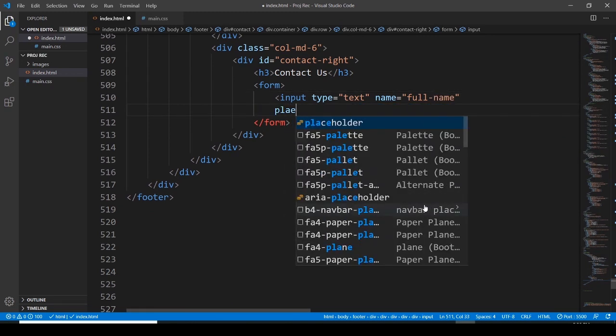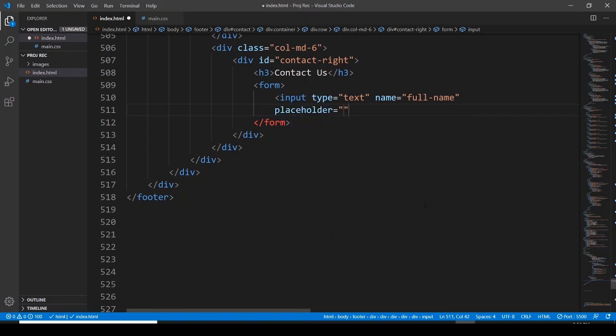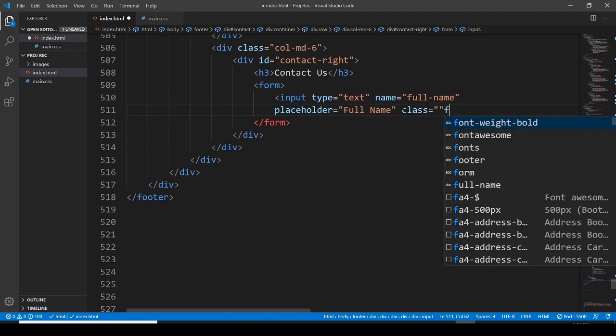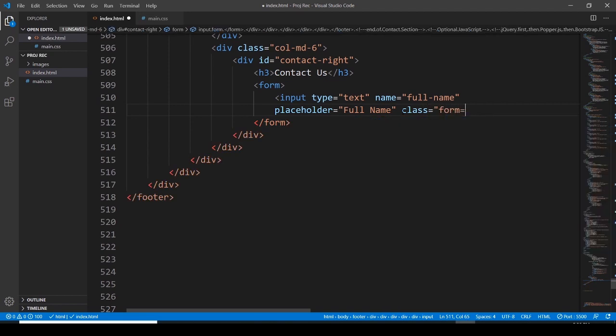Then I want to go with a placeholder, and it is going to be full name. Then the class of form control class,